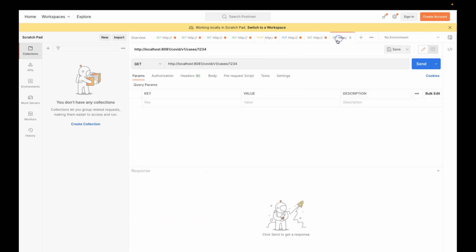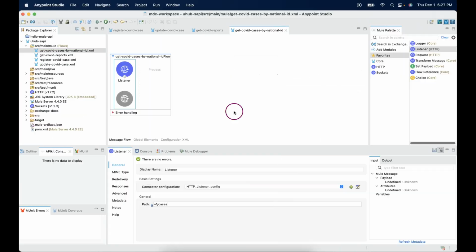But for URI parameters, we do not have any key to extract this value. So we always should keep a placeholder in the URL, since the URI parameters define the URL and they are URL encoded. That's why we should keep the placeholder as a key here. I can say national ID,